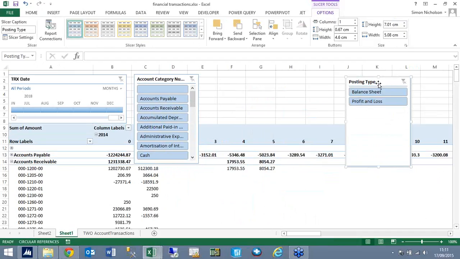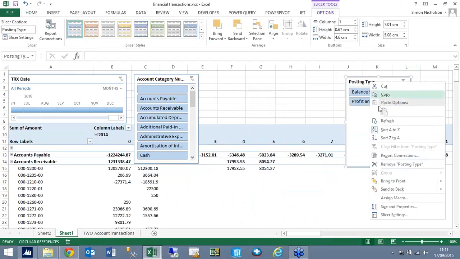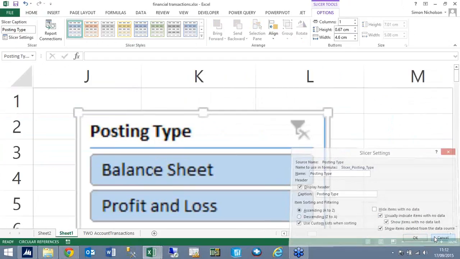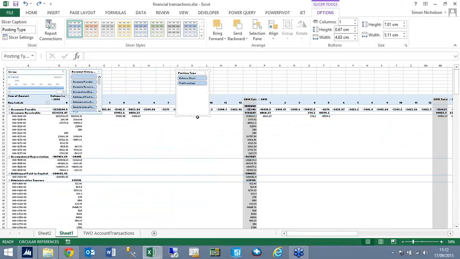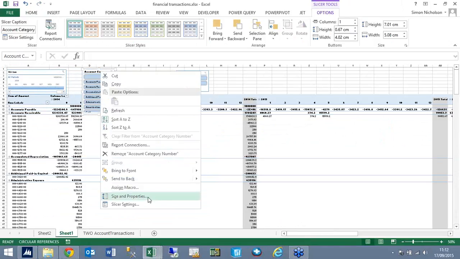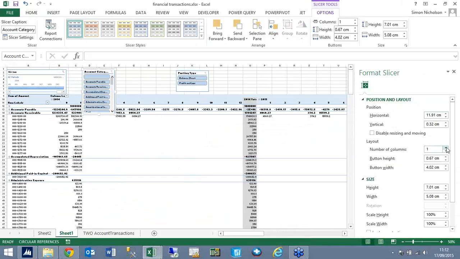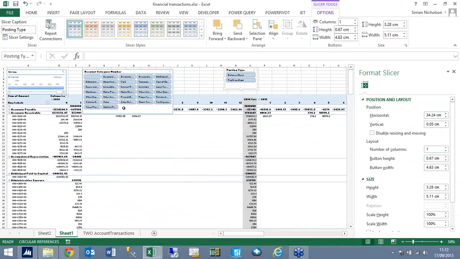And you can then format these to be whatever you like. So I'm just going to make that a little bit easier to see by making that X number of columns across. So there we go. So what we've got now